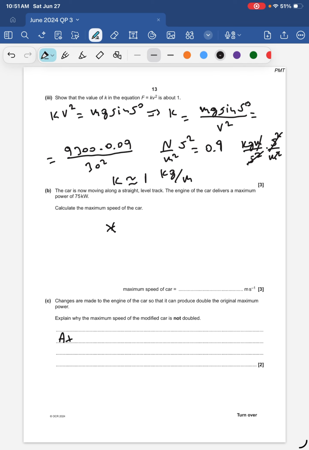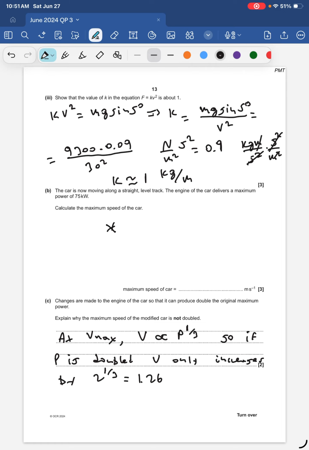So at V maximum, V is proportional, we just proved that, to the power to the 1/3, right? So if P is doubled, V only increases by 2 to the 1/3, which is equal to 1.26. Okay, so the increase is only 26%. So the modification that this random dude made to his car